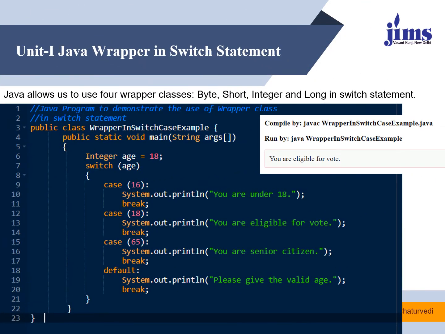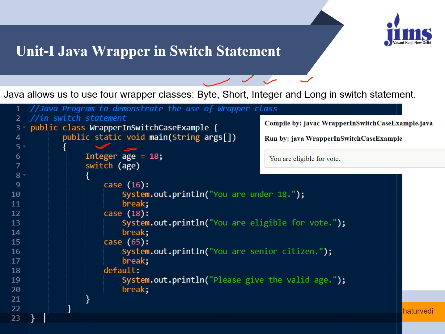Then wrapper classes. In switch case, wrapper classes are also supported by Java, and we can use them in switch case. These are Byte, Short, Integer, Long. All these wrapper classes are supported over here. So what we do here, we are saying age is a variable of Integer class. Integer is a wrapper class. It's not the fundamental data type int.